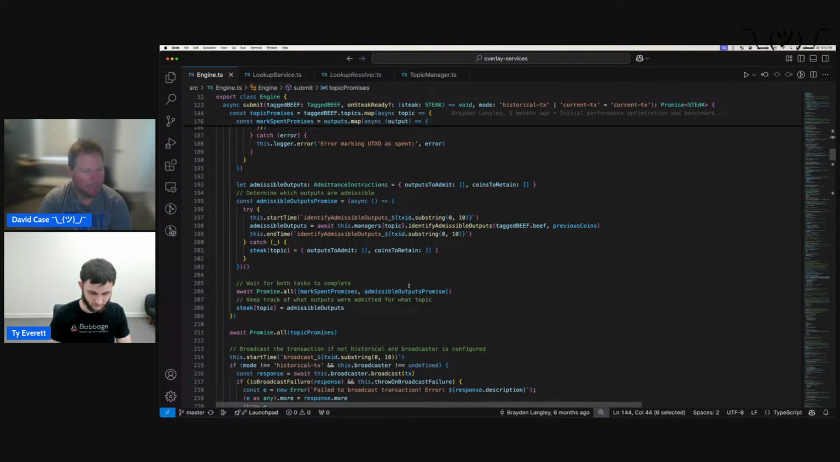If you're running an overlay service, you are installing the topic managers that you want to run. You are configuring your overlay service for your specific use case. And certainly I can see it's almost like this could probably be solved by simply, how do I say this? Within the configuration of the topic manager you're using,